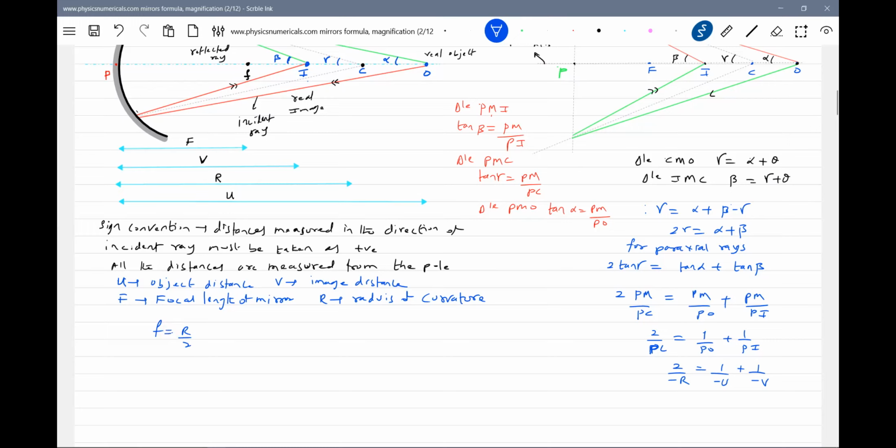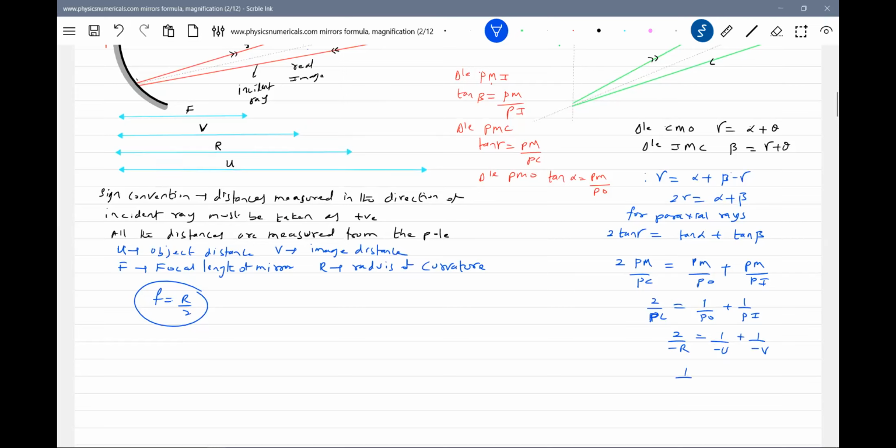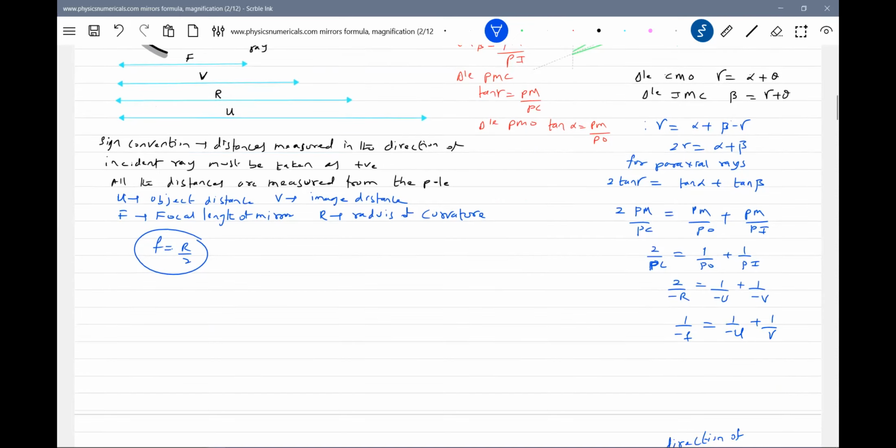R by 2. Yesterday, in the previous class, we derived this, no? So in place of R by 2, we can write 1 by F. Solving this, finally I'll end up with